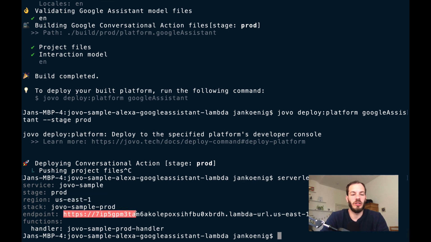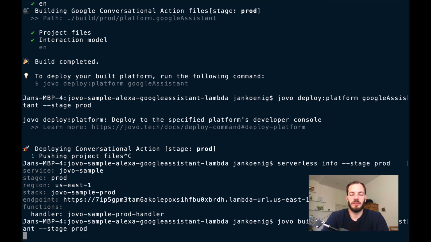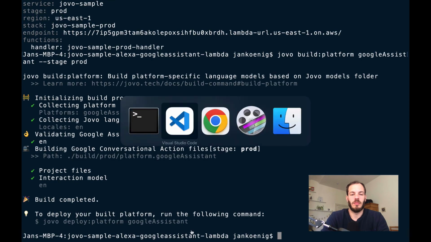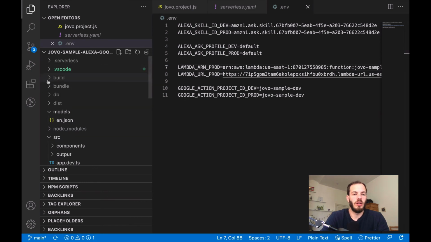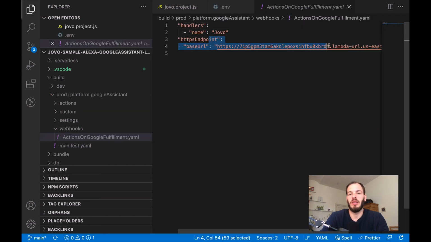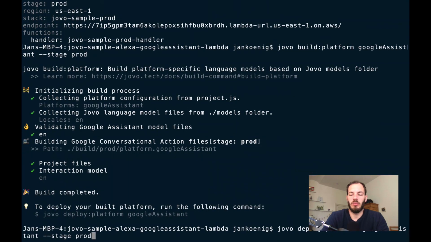So you have the endpoint here, for example. And then let's build it again. So yeah, and if I now go to the build folder and the prod folder here and go to webhooks, you can see that we now have this Lambda URL. And now if I deploy,